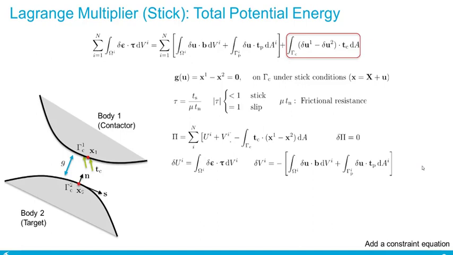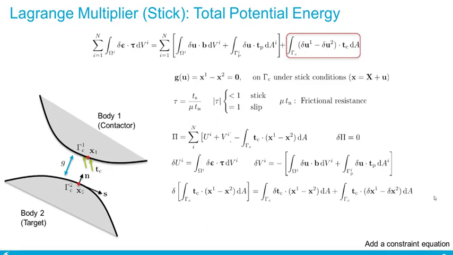Now, there is an additional term that we need to perform variation on, which is this term. And when we perform the variation, it would then contain two terms. One is that we keep the constraint constant and then apply the variation on Tc. The second term is that we keep Tc constant, then apply the variation on the constraint. And then this would give us two terms.